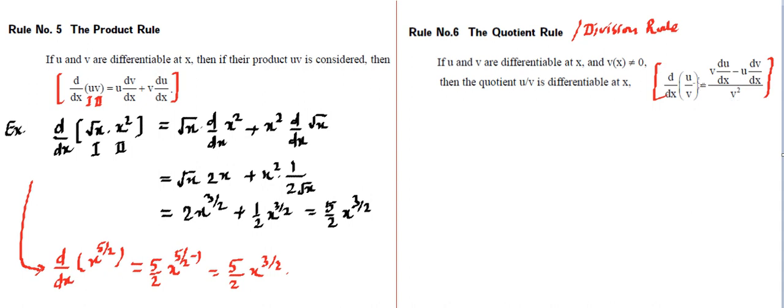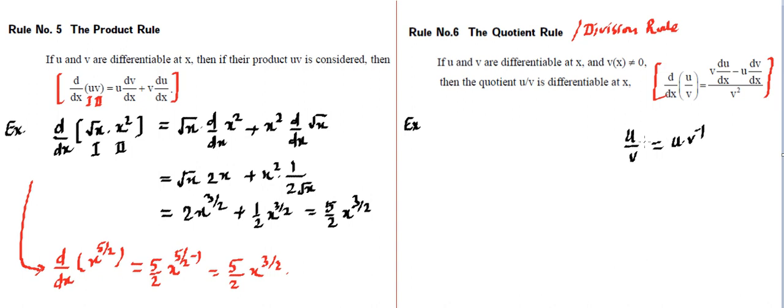So that's a bit lengthy. You can write it and practice it, and once you do so, you will be getting the answer of quotient or division directly. Again, let's take an example and try to use this quotient rule, and then we will be using this whenever the quotient is coming. What I was trying to say, that this u by v, if you want to use the product rule, this can always be written as u into v raised to power minus 1.